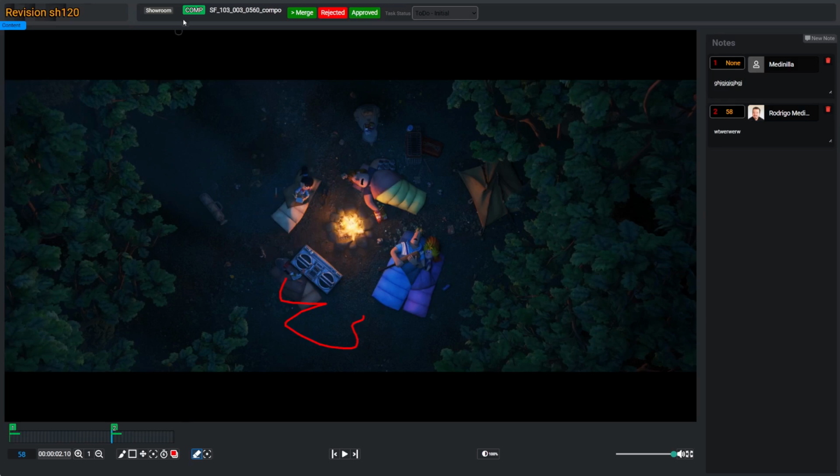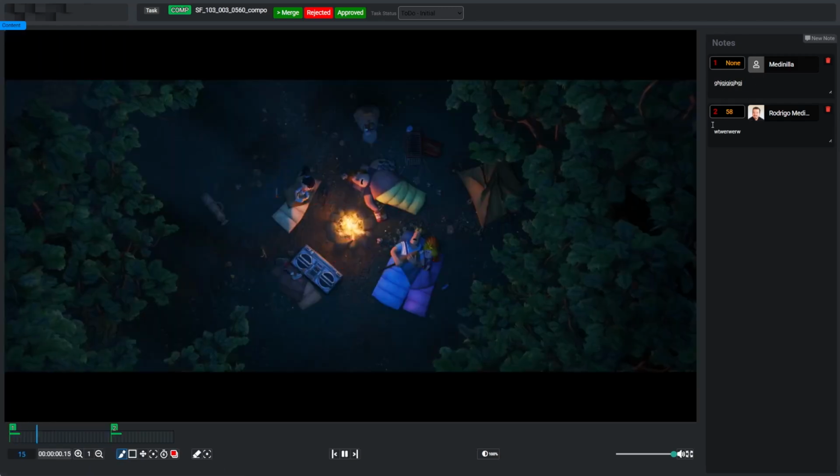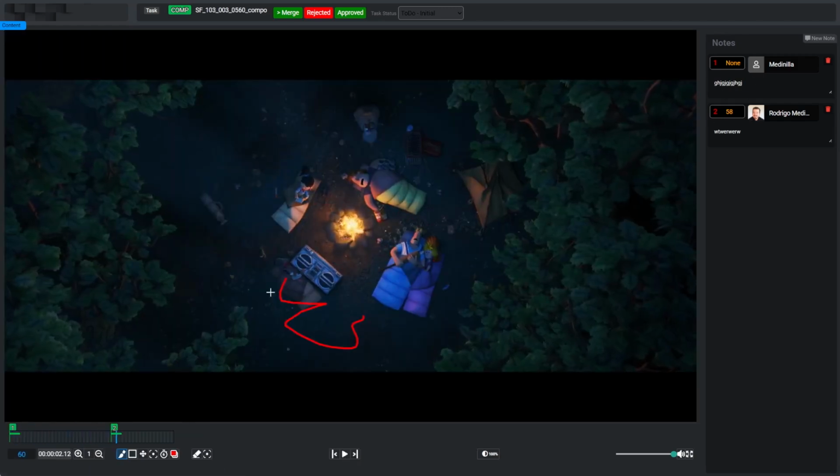Once the material has been approved, we can navigate back to the task itself and see that review integrated directly into the task as the implemented correction, ensuring that the workflow remains fully integrated. Notes and comments are stored within the Notes section, and producers can decide whether those comments should be visible to the artist or not.